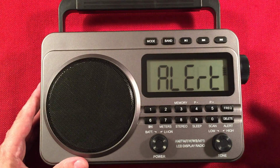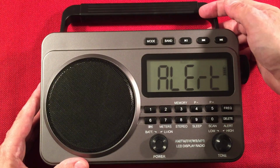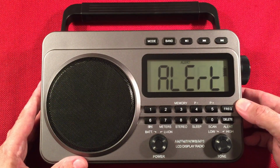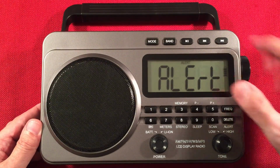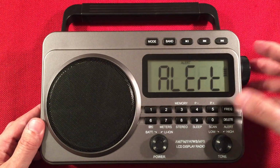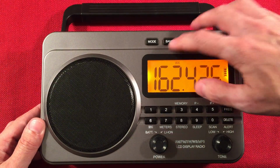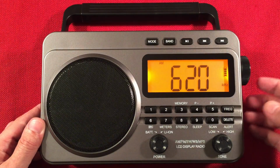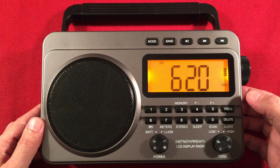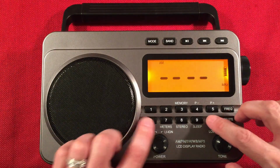Anyway, here's the alert mode. It's scanning all 7 stations looking for an alert tone, not just one station, so there's that. Not bad, but you will get notified out of your area probably for something. But yeah, let's go back to the AM band. Oops, turn this off. Okay. FM, there we go. So let's go to, say, 720, because you don't want to use the...